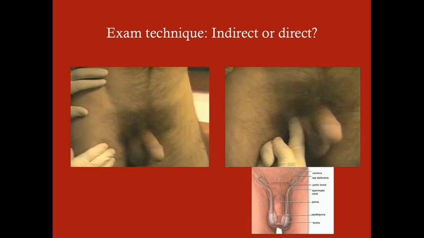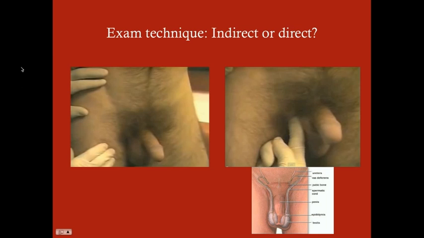Okay, so here's the exam technique, and this is what I want to show you. This might help you get an idea of how to decide whether it's an indirect or direct hernia, because just looking at them doesn't always help. Now, you know if you've got contents in your scrotum, it's an indirect hernia, but it doesn't always get that far. So what you're going to do is first you're going to look at the patient,